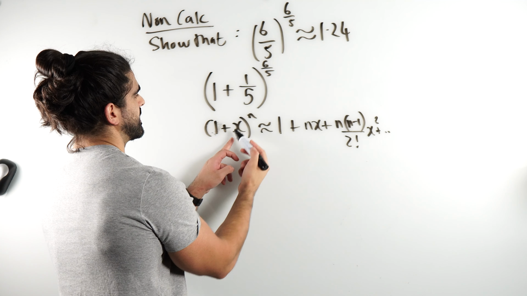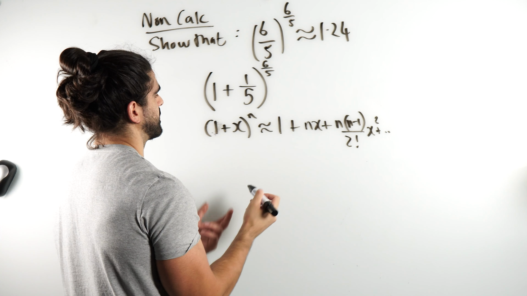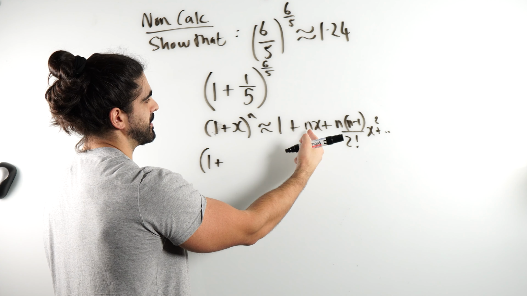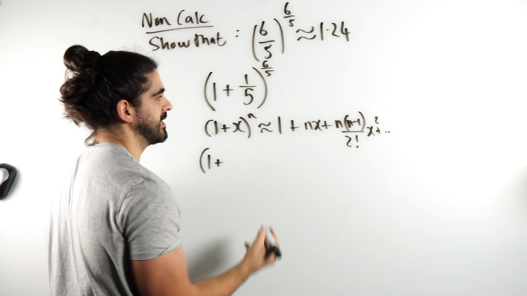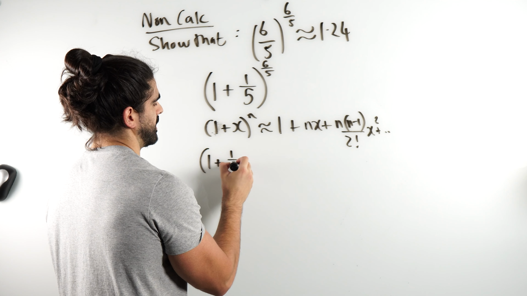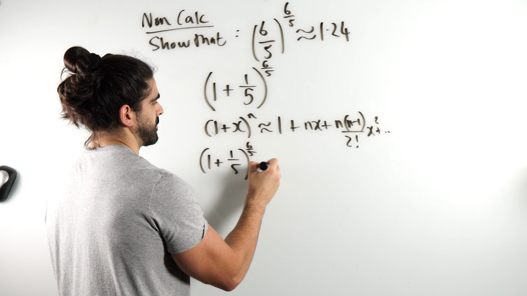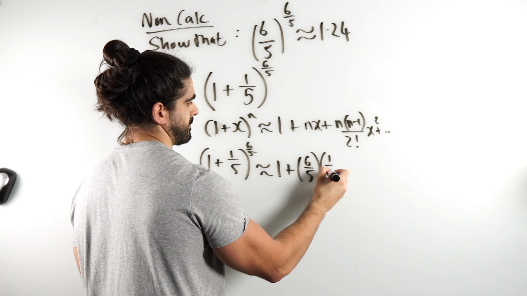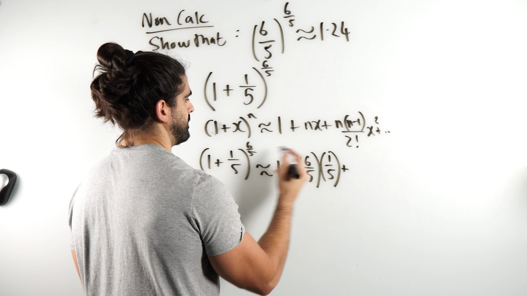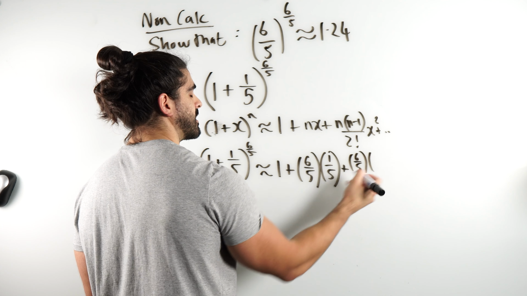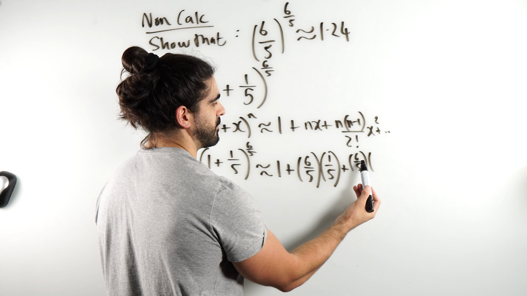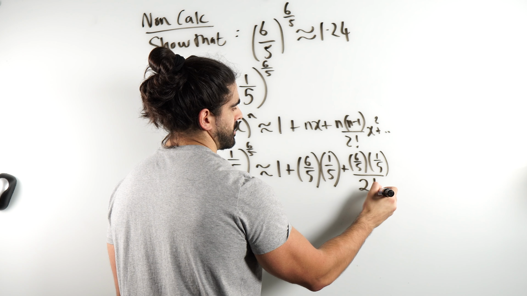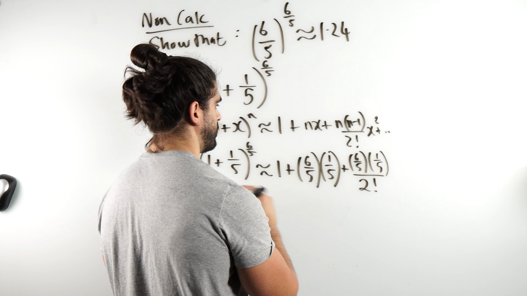Now, x in this case is 1/5 and n is 6/5. So 1 plus 1/5. I was going to say subbing in x is 0.2 is easier, potentially, but it's not really. So we have 1 plus nx, plus n, which is 6/5, times n minus 1. The quick way to subtract 1 from any fraction is to do the numerator minus denominator, which is 1 over 5. Then over 2 factorial times 1/5